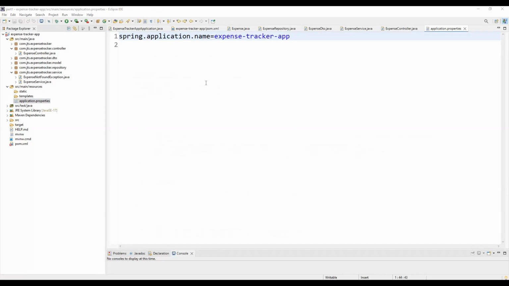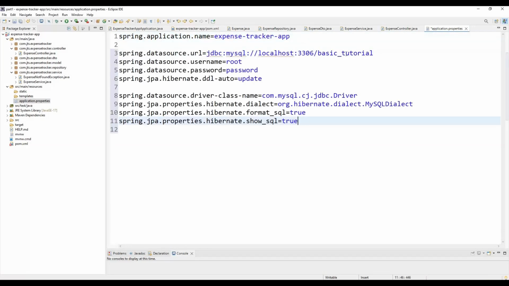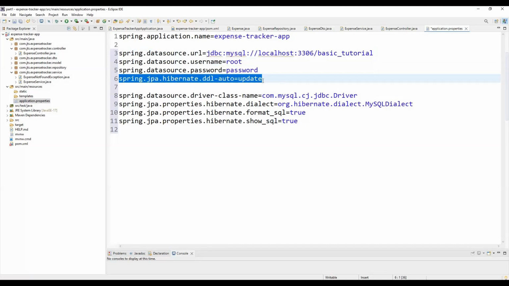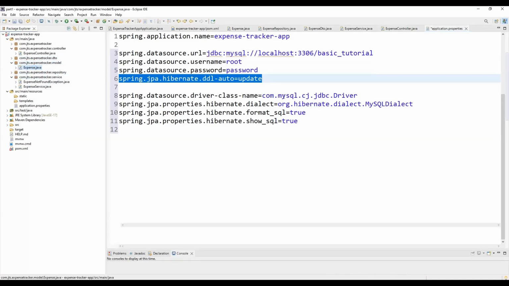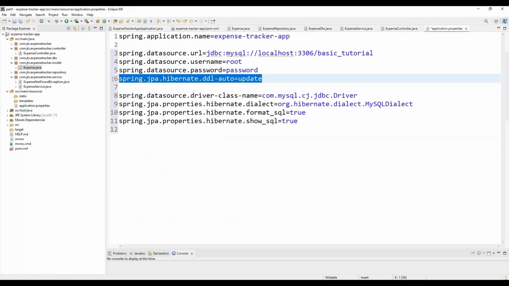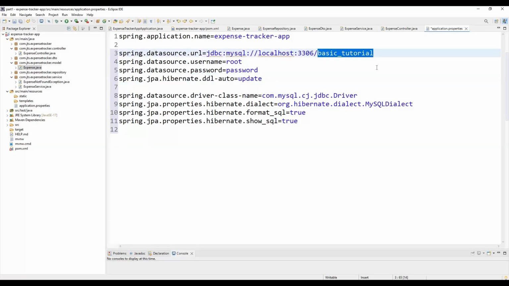So let me add this schema name and all the things over here, else it will not be able to understand, right? If you see this, the data source URL, we need to define that basics_tutorial, then username, password. What it will do, it updates these properties. As we have created this model, expense, we need to create this particular table manually in the database, or using this property, once the application is up, it will automatically create the table in this particular schema for us,